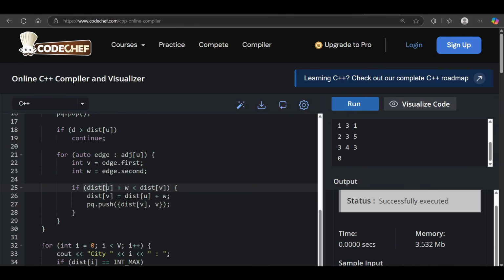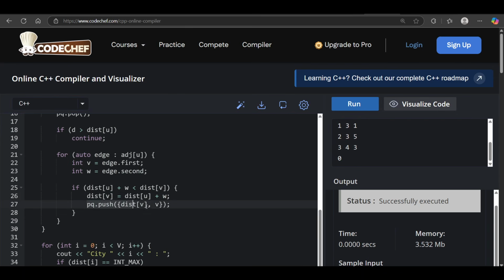So distance of u plus the weight is lesser than the distance of v at the vertex which we want to travel to. If the distance is less than it, then we will just update the distance with the new one, which is dist of u plus w.